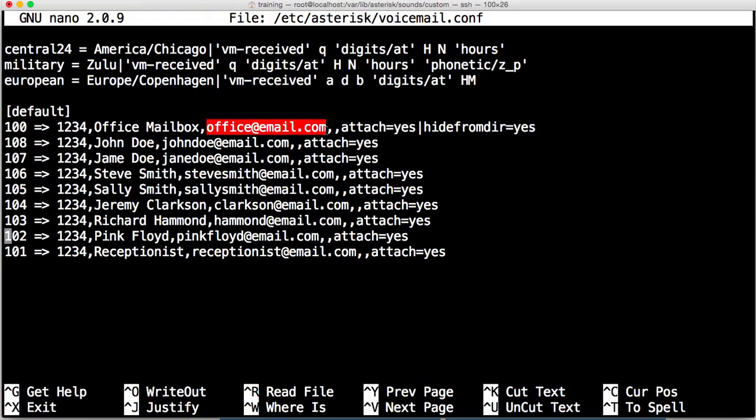Then you would have an email if you wanted to set up voicemail to email. Here you have 2 commas. We're actually skipping a setting here. If you wanted to add an email address in between those commas, that would send an email notification, but it would not include the WAV file attachment. And then this next setting, which says attach equals yes, is what's going to actually attach that WAV file to the email,